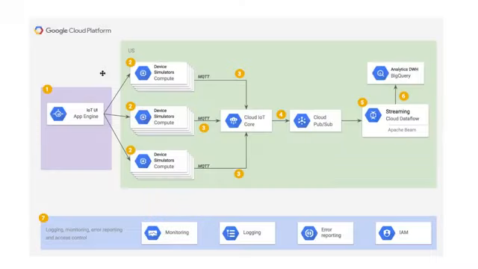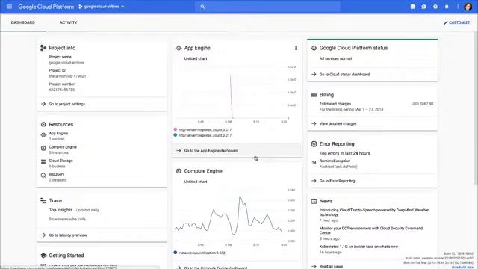So before I jump into the actual demo, I just wanted to cover the architecture that we'll be representing through this demo today. We are generating random data through Compute Engine and feeding it into a PubSub topic, which we will then use Cloud Dataflow to stream it into BigQuery in real time. Let's go ahead and just jump into the actual demo.